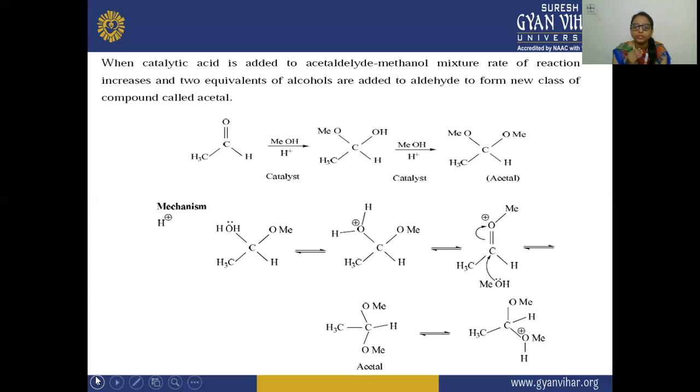That is your hemiacetal, meaning half acetal. So now the full acetal is formed here, due to the presence of the H positive, that is your acid catalyst. Firstly this methanol will react here, and there is a formation of this hemiacetal. After that again the catalyst is added here, and due to this catalyst, this MeOH will react with this carbon atom. This OH will be removed from here, and there is a formation of a water molecule. And you will see here the acetal is formed.